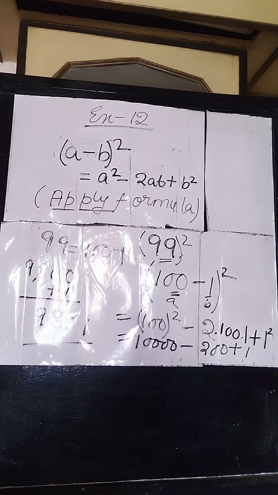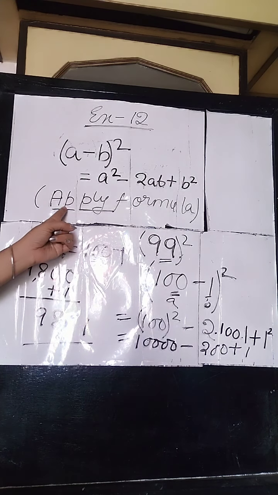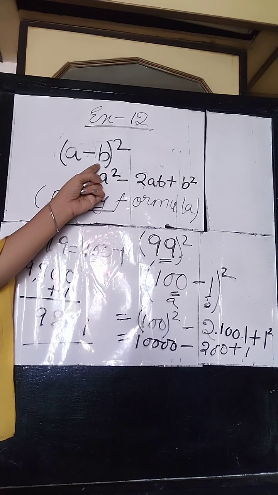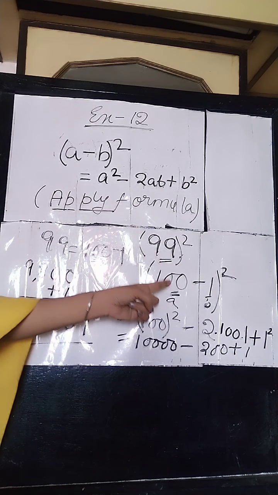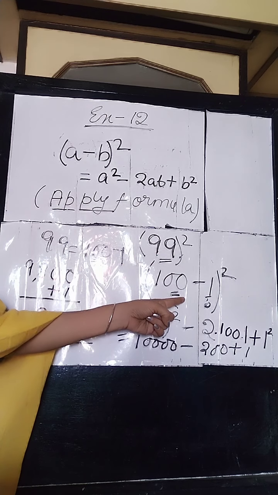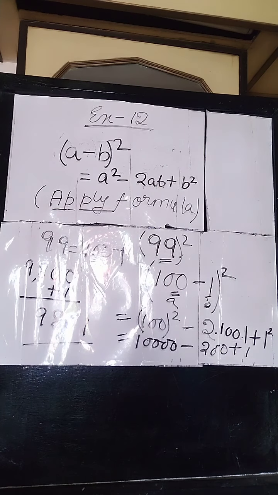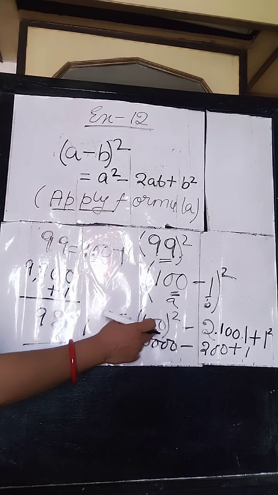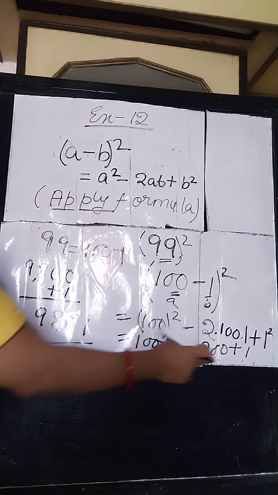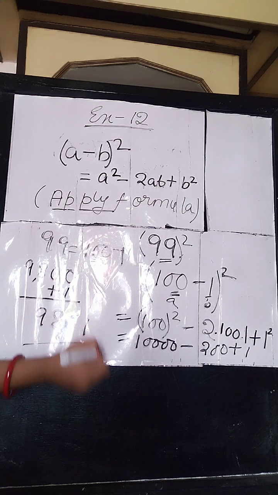9801. How easily you can see, without doing any calculation, we have found out the square of 99. We don't need to do the multiplication. Rather, by applying the formula (a minus b) whole square, we have broken 99 into 100 minus 1, because 99 is similar to 100 minus 1 and 100 is the nearest number of 99. So 100 minus 1 we have written over here so that we can easily apply the formula, and without doing any calculation we can do the square of 100, that is 10,000, and orally we can do this calculation, or by simple calculation we can show that the answer is 9801.